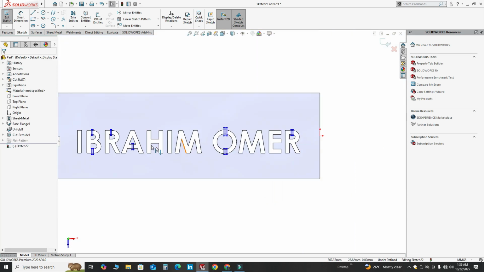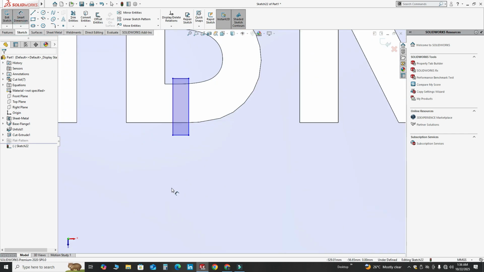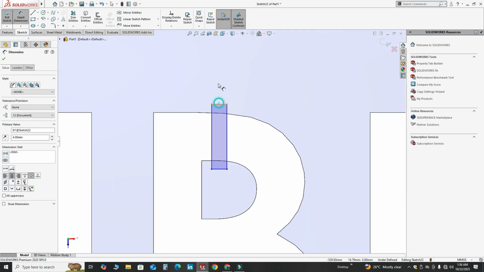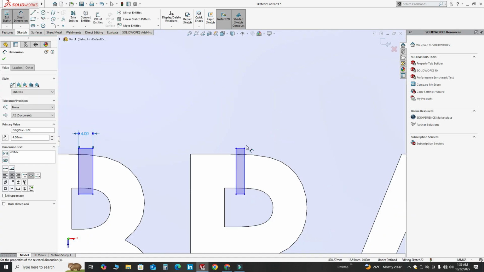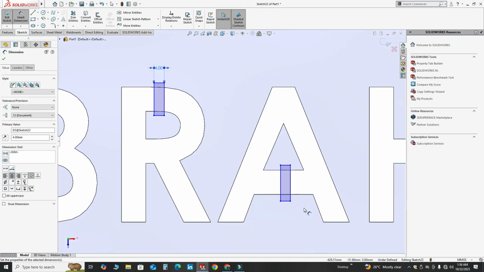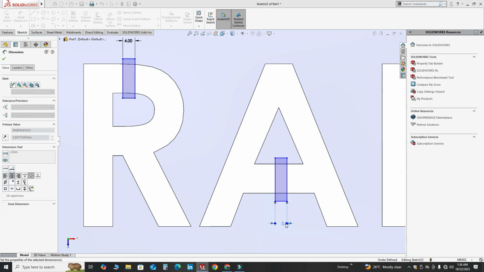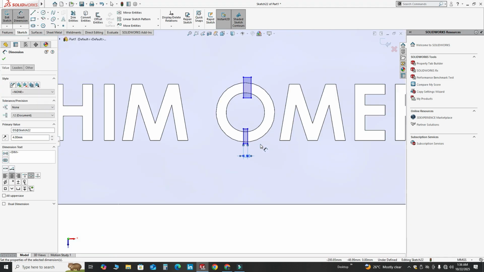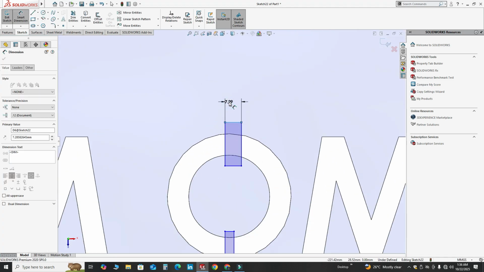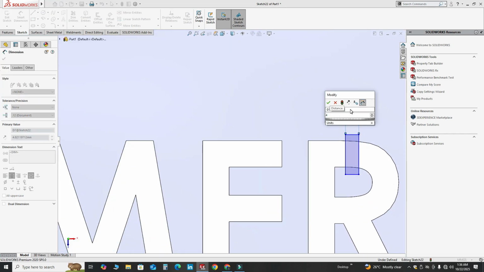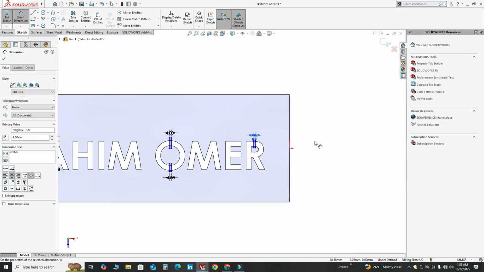Here you can define some dimensions, like this is 4 millimeters, and this is also 4, because you need some thickness for this bridge. This is also 4.